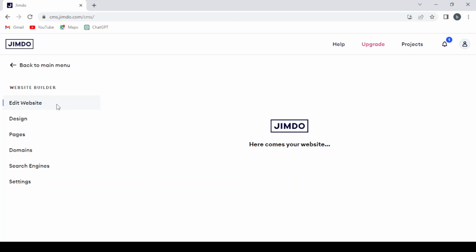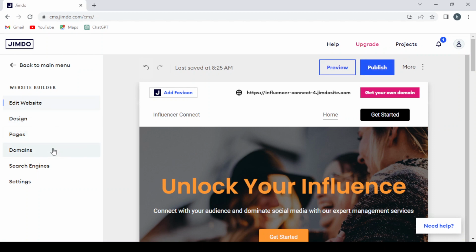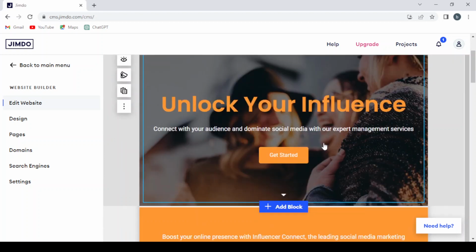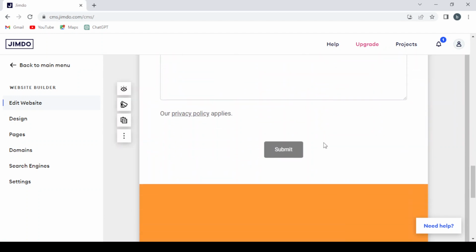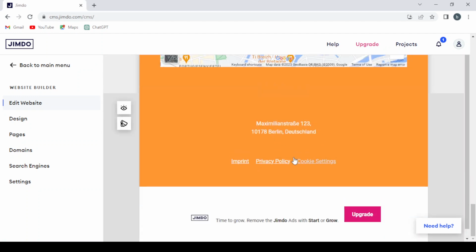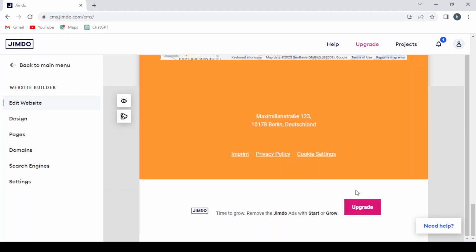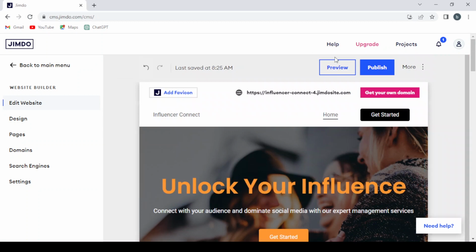Here you can edit your website, you can design it, you can see the pages, domains, search engines, and settings. And here you can scroll to see your website just from this page, or you can change anything you want from here. You can also upgrade to a paid plan. And if you want to see your website, you just click preview,